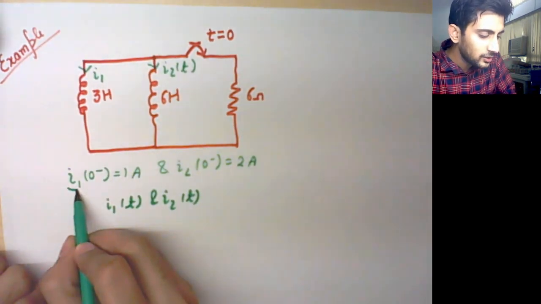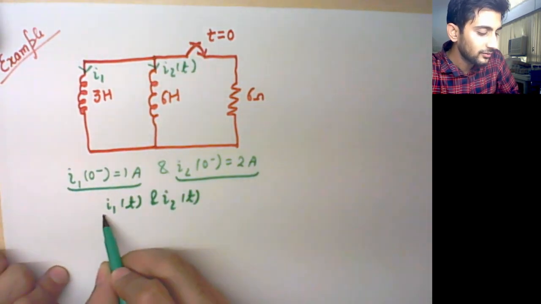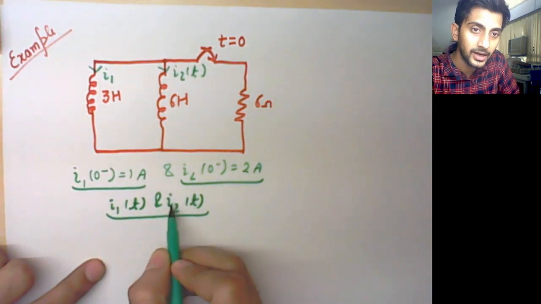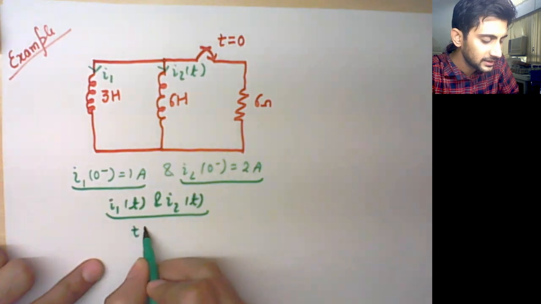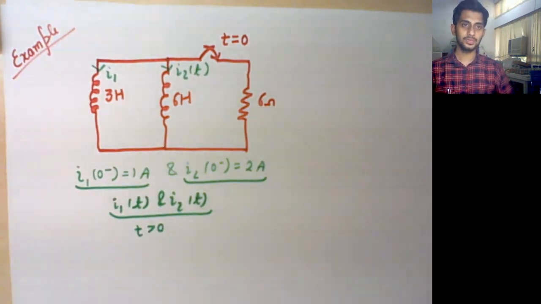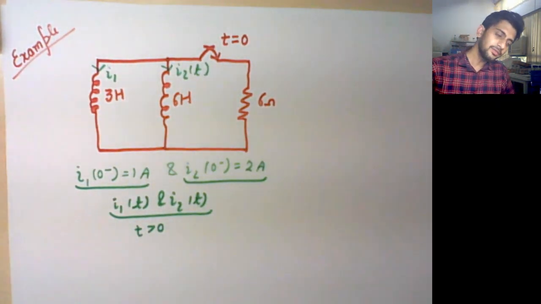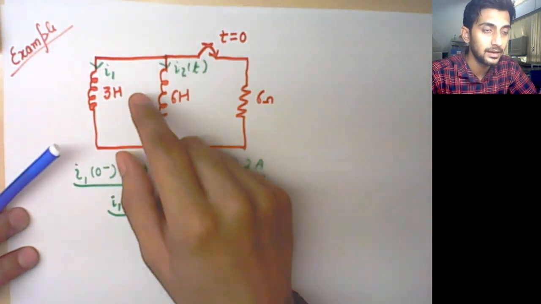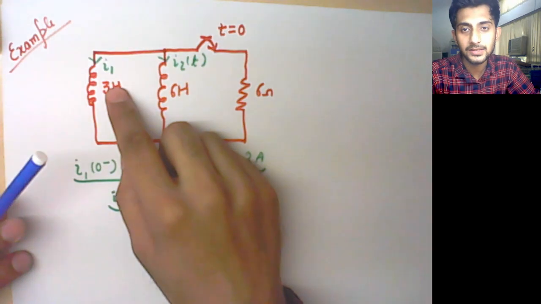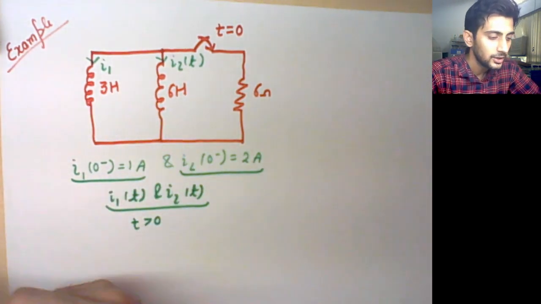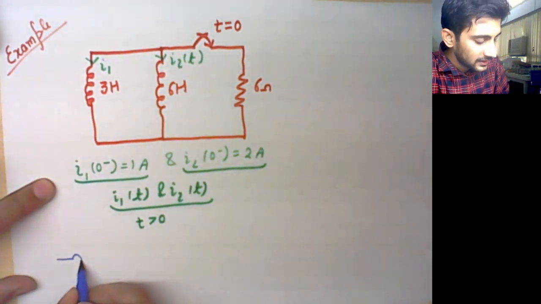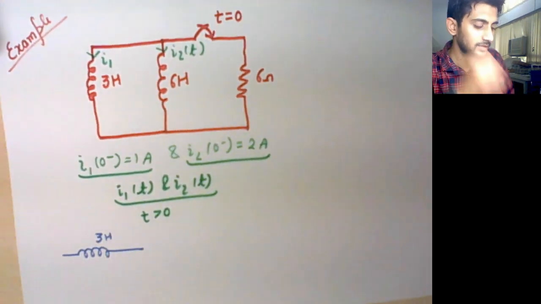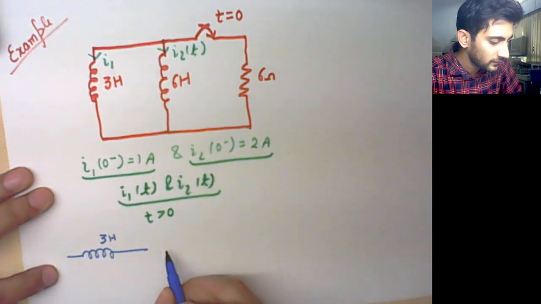So initial values of currents are given. You have to find out the value of current I1 and current I2 for all t's. Definitely t has to be greater than 0 in this case. Fine. So we will try to solve this particular circuit through the Laplace impedance transform method. You know that if you are given an inductance of 3 henries, let's say, you have to convert